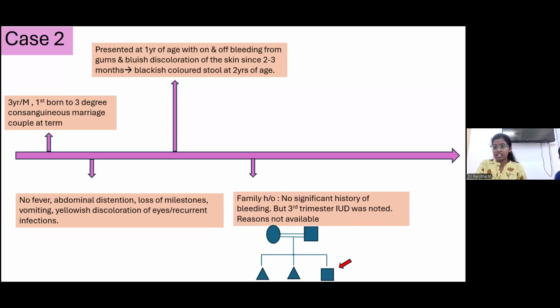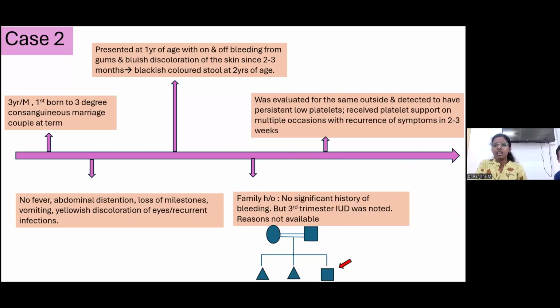Family history was significant. There was no significant history of bleeding though, but the mother had recurrent third trimester intrauterine deaths for reasons not available. And for this, the child was evaluated for the same at a pediatric hemato-oncology unit and detected to have persistent low platelets. The child received platelet support for the same on multiple occasions with recurrence of symptoms within 2 to